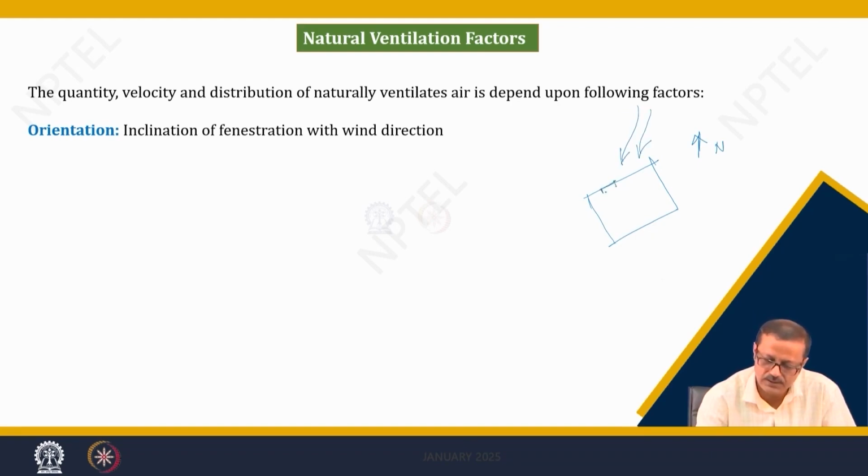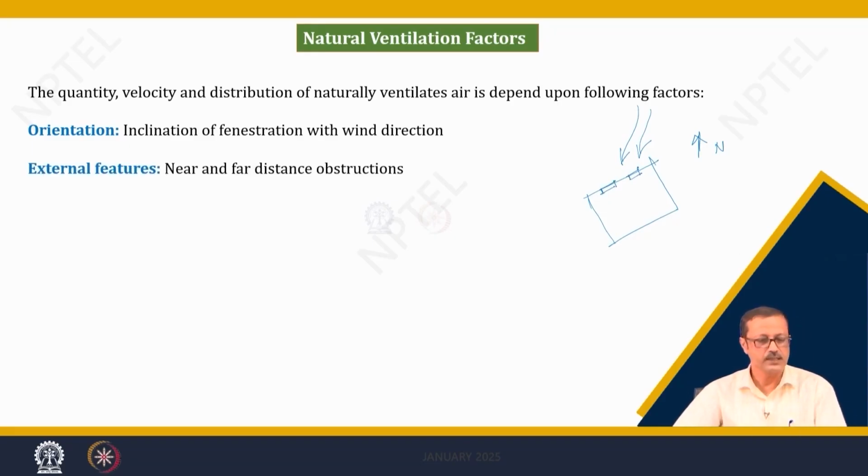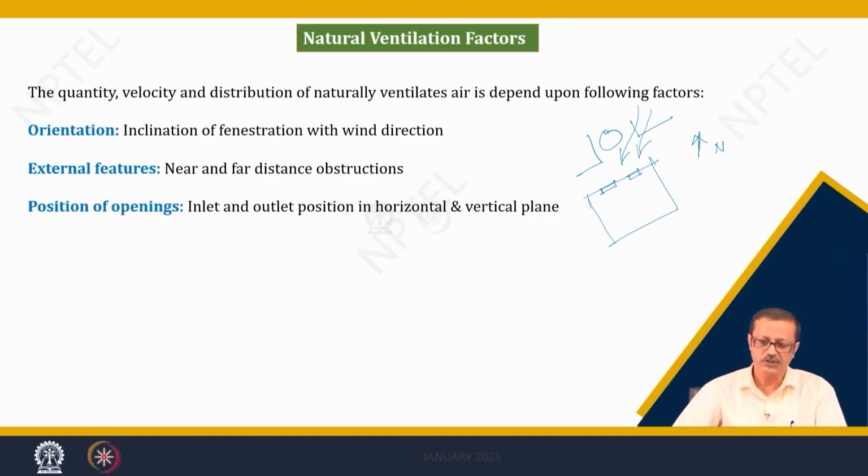So, what is the orientation of my inlets? That is going to be one of the factors. Then the external features: is there any kind of building, or some trees, that will create a barrier to natural ventilation. Then the position of the window,